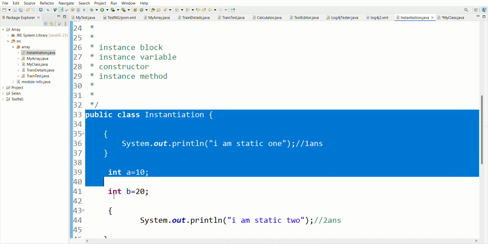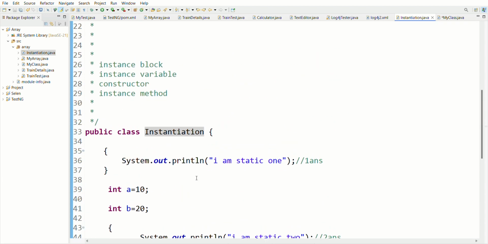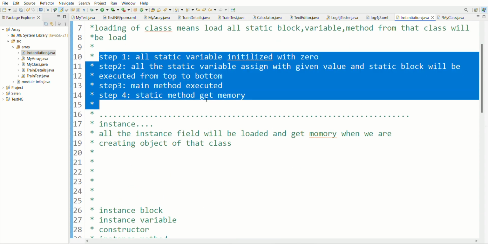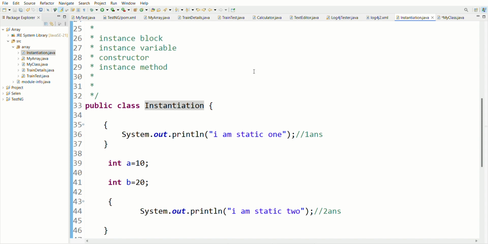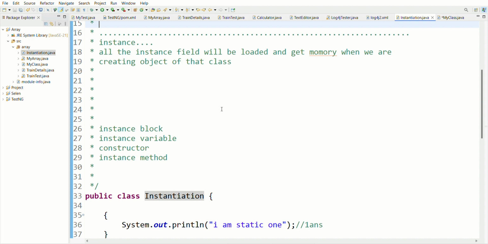Here it will get the class instantiation. This is my class, and at first all the static will be identified from top to bottom and it will be executed. After the static is executed, my fourth step has been completed. When this fourth step is completed, as we have created the object, all the instance will get the memory.